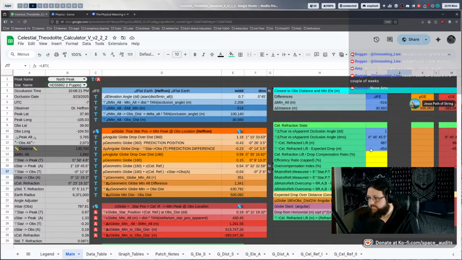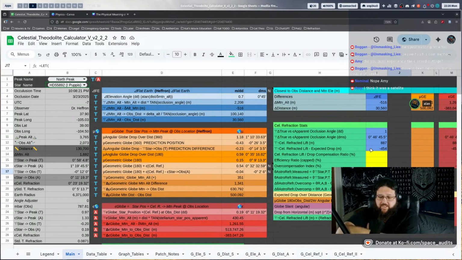Okay, so I'm gonna open a notepad and write some stuff here. I want to make sure I'm understanding this. So I do the original method. I get the occlusion time, atmosphere off at peak, and then I subtract astronomical refraction, right? Well, you're not going to know the astronomical refraction yet, so you have to subtract the difference in position between the true position of the star and the elevation of the peak, like the true elevation of the peak. Okay. All right.